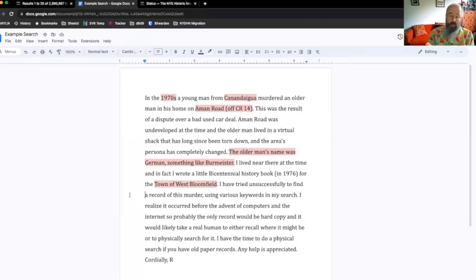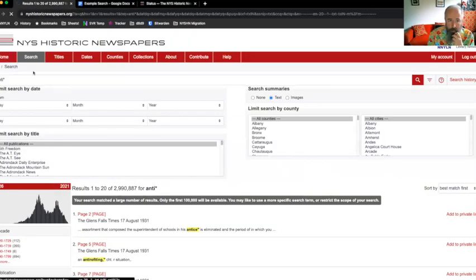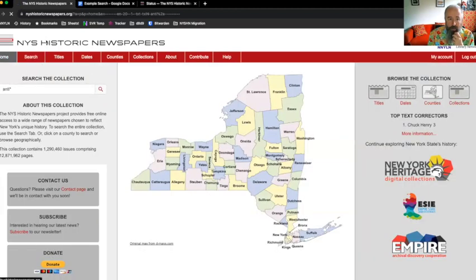Now, I didn't know before I started searching for this what the heck he was talking about. Amon Road, it's not a North Country thing, clearly. Town of West Bloomfield, though, triggered for me the thought that maybe I could look that up. And so I did a little bit of search on that. And what I discovered is that the town of West Bloomfield, and I'm sure there's probably someone here on the call who is losing their mind because they're like, I know exactly where that is. Well, I'm a North Country boy. I don't know every corner of the state. But what I did discover is that is actually